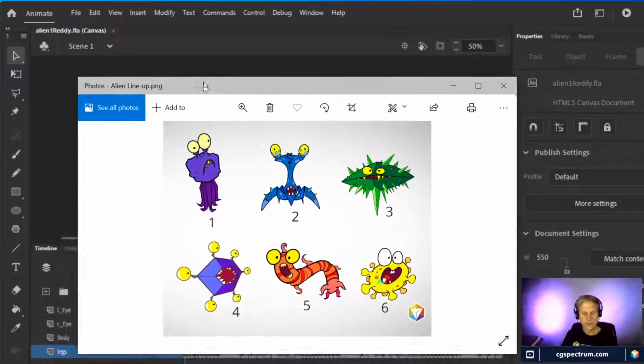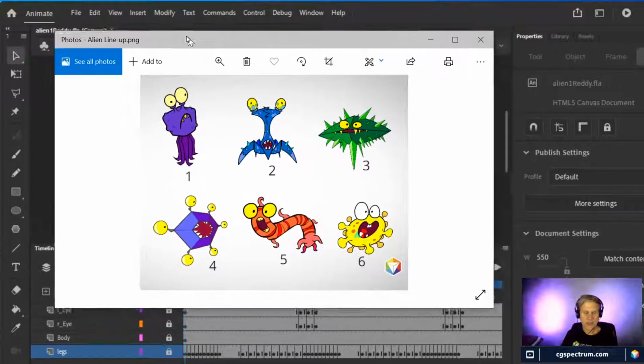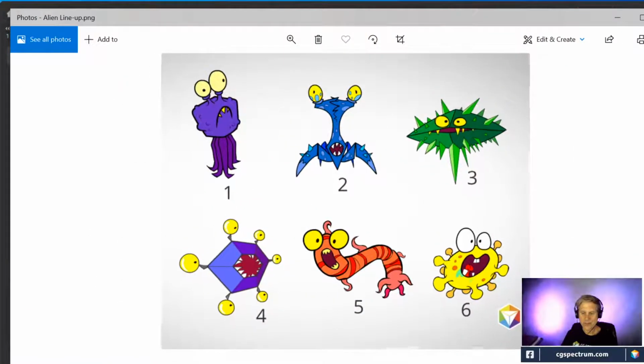So here's everybody. Well, now you can see the one that's been censored. The one in the lower right-hand corner, number 6, that one is the one that we mixed. But the first thing that I did was that I actually created a look for all of them so that they were all coordinated with these bright cartoony colors. And then based on that, I thought, well, what are they going to be able to do? How can they move? And the one up in the top left corner obviously looked like it was sort of squid-like, horrific.